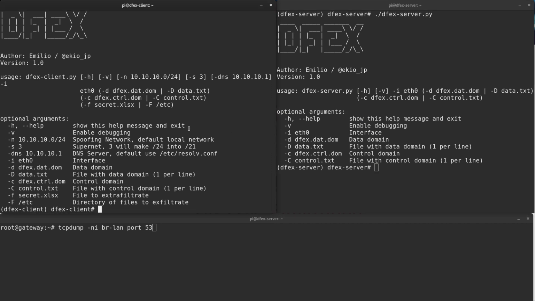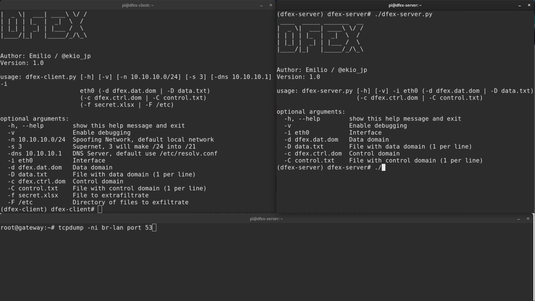On the left side, I have the client. The client is sitting inside the network, and he doesn't have access to the internet directly, so the only way that he can resolve things is through the internal DNS. And on the bottom, I have the internal DNS, where I'm going to bring up a tcpdump to see what it sees from the client's point of view.